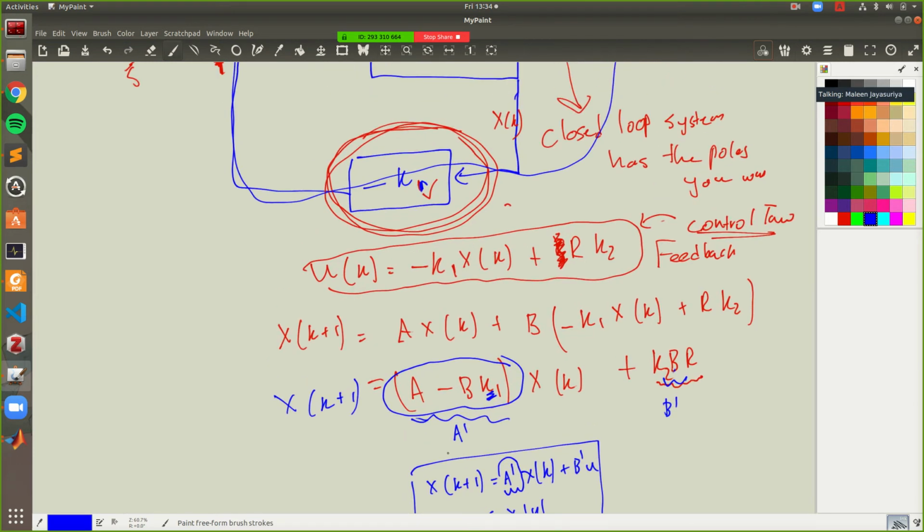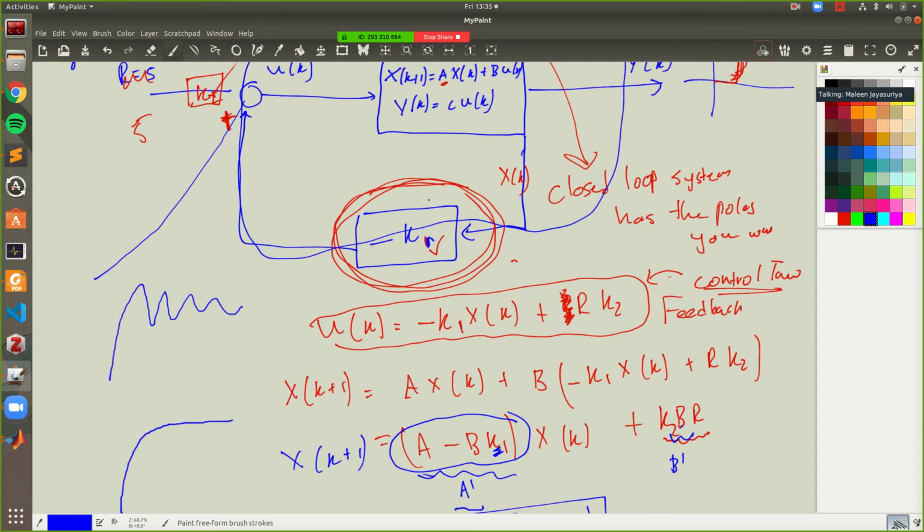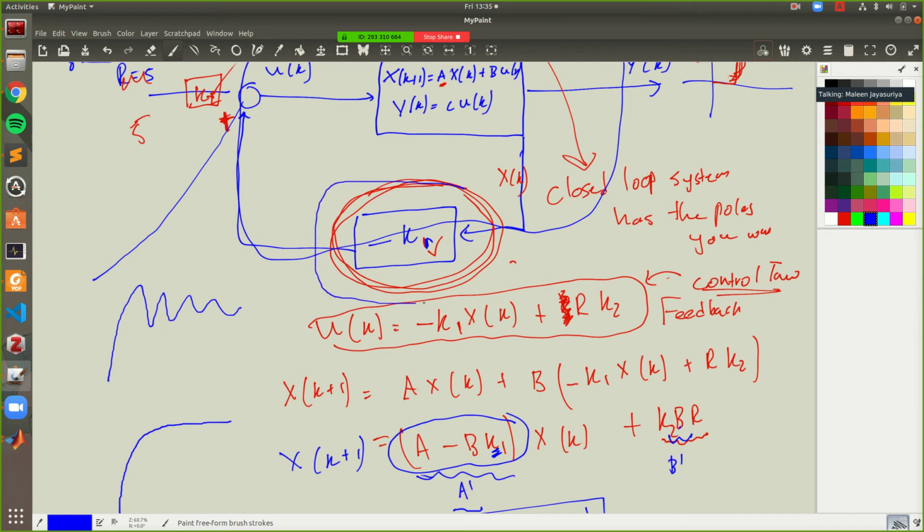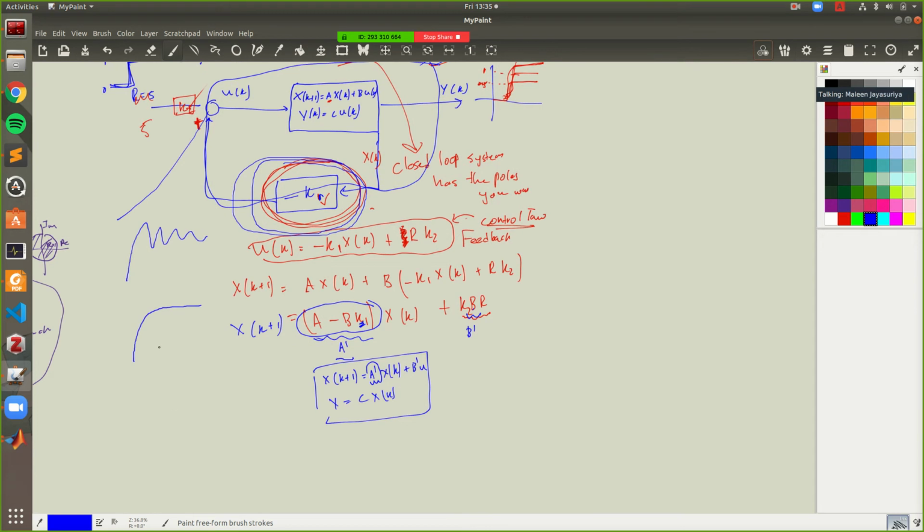So now by picking the k1 values in a smart way, you can determine whether you can make the system stable, and make the system perform in particular ways that you want. For example, if your system has a lot of oscillations, by placing the poles where you want, you could maybe smooth it out. Or if your system is completely unstable, you can try and stabilize it. So really, where the feedback happens is in this k feedback loop. Anyway, that's the theory of feedback control and pole placement.